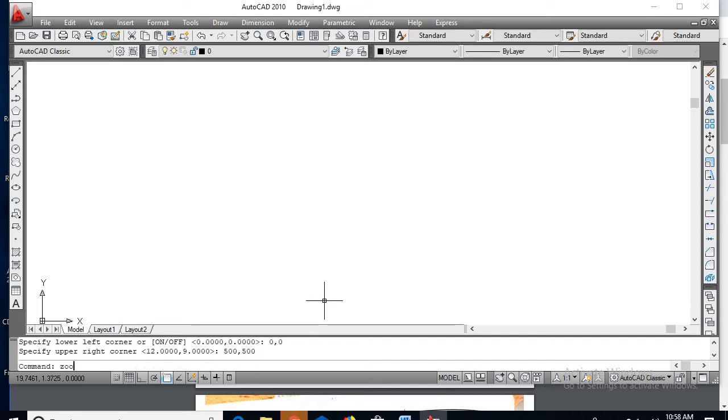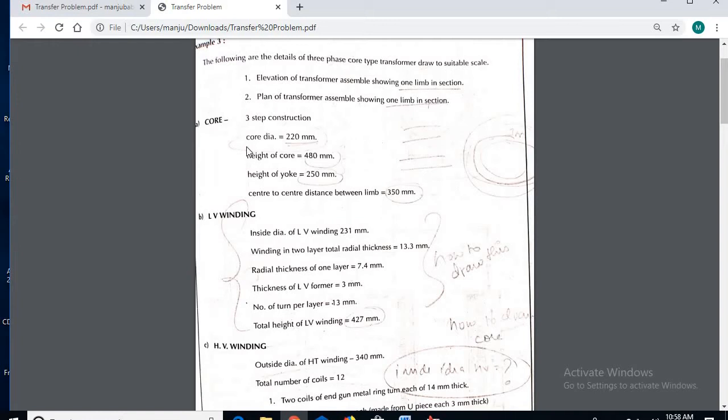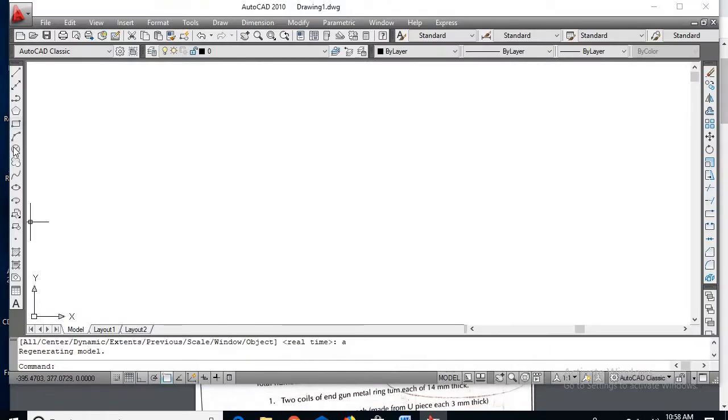Next zoom, enter, enter. Now let us go for the plan according to the data. The core diameter is 220 mm, so go for circle, click here, type D, enter, type 220, enter.